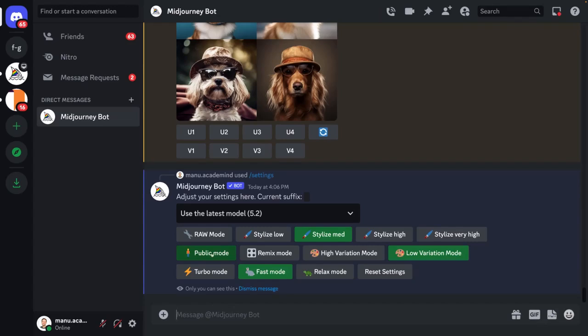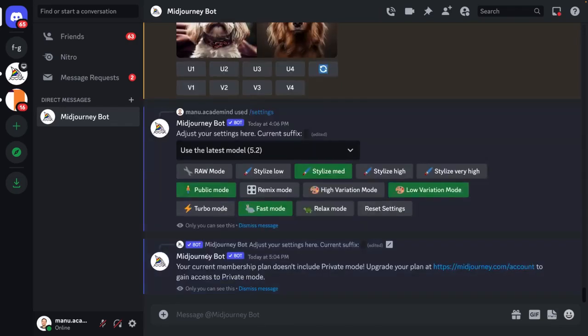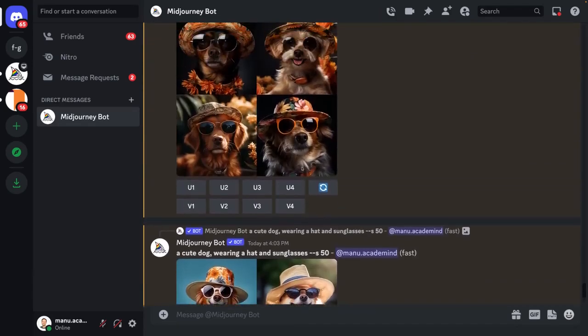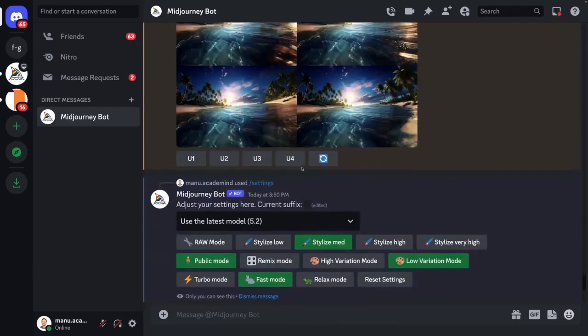I, in my case, have the standard plan, so if I try to switch here, I get the information that my current membership plan doesn't include this private mode, so we have to switch to a more expensive plan to have access to this private mode. I won't do that here because instead I want to show you where your prompts and images can be seen by other people. And for this, we can go to one of our upscaled images